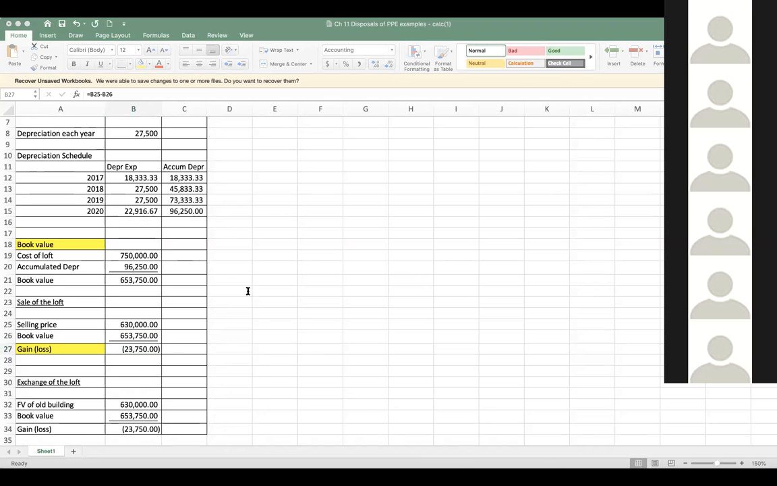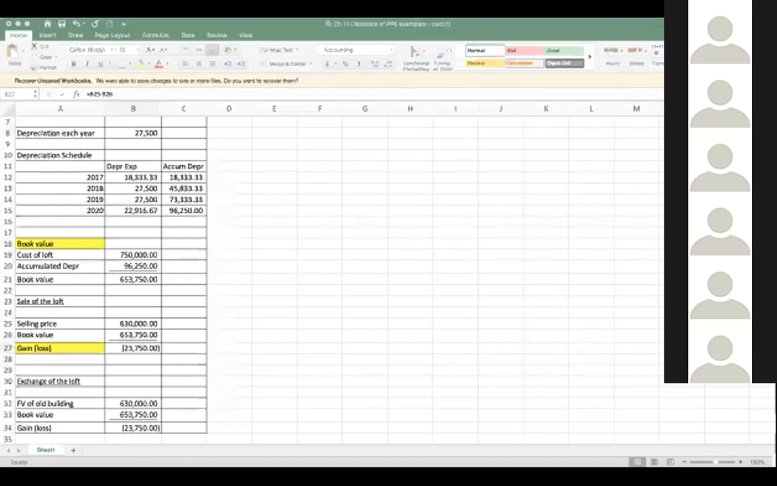So now let's take a look at the journal entry and record what you got. They got cash of 630,000. Then get off of the books the asset that you sold. So the asset had a capitalized cost of 750,000. So I'm going to credit the building